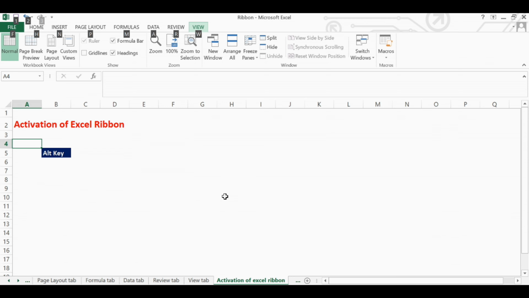Like the Home tab is represented by H, while the Insert tab is represented by N, and the Page Layout tab is represented by P, and so on and so forth. The activation of the ribbon is easy to use and it's very intuitive. It helps us to carry out the various functions of Excel in a much faster and easier manner.